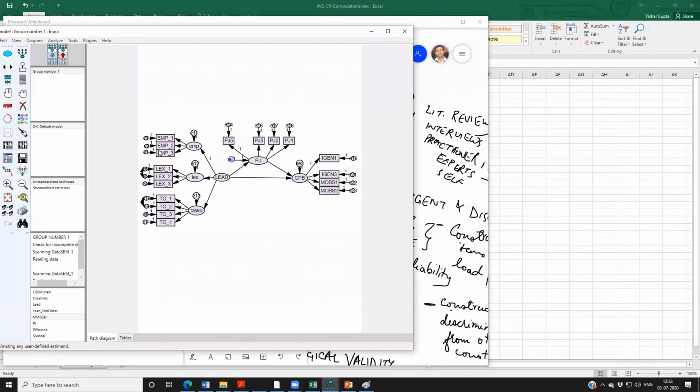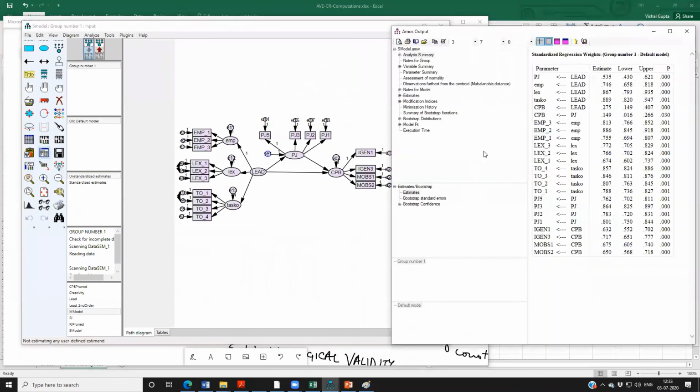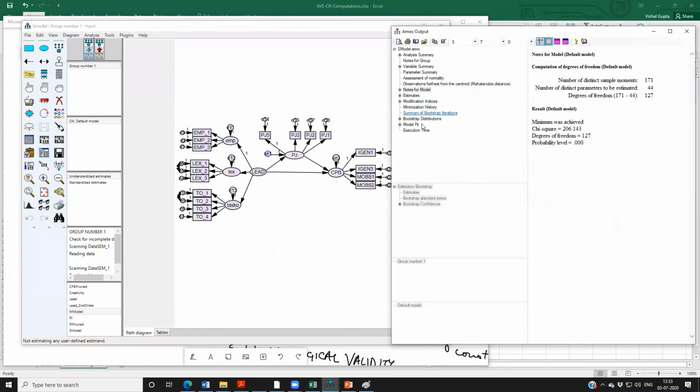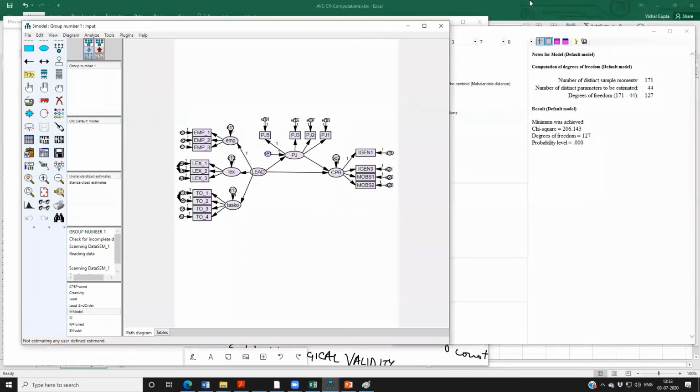is the right measure for the construct, and for non-normality you have bootstrap results, and using this you can report all of it. Okay, let me